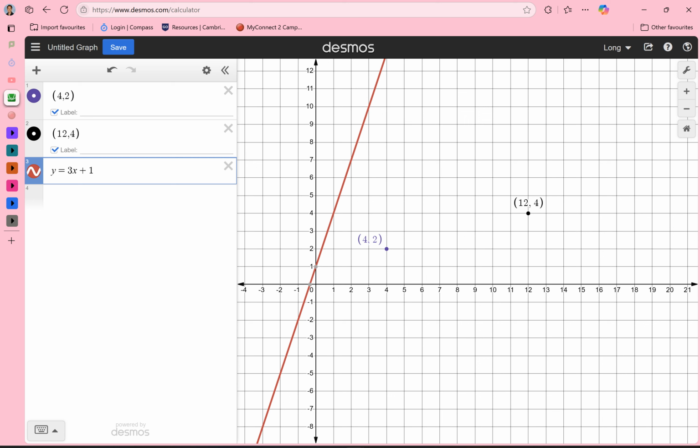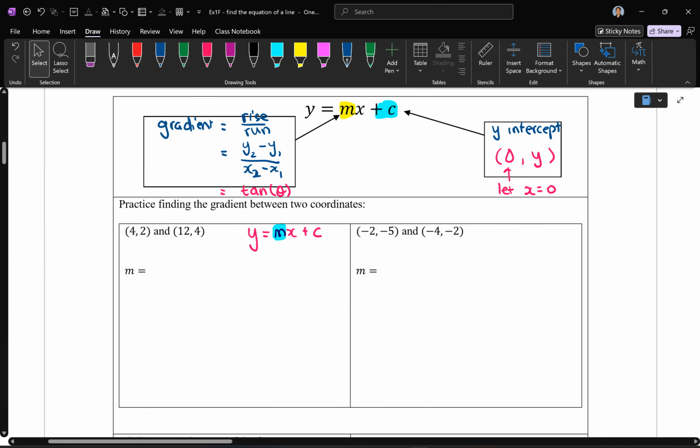You're going to solve for m, and then you're going to solve for c, so that it does cross through these 2 points. It's only 2 steps. First one is find the gradient. So let's find the gradient together. Here we go. To find the gradient,